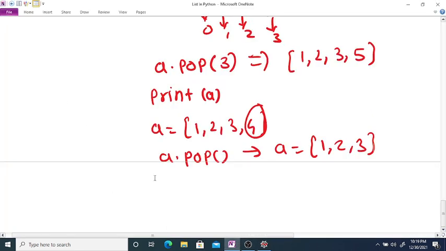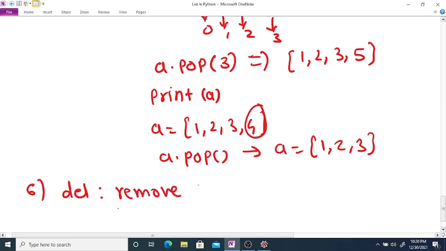Next, there is one more keyword to remove elements from a list, that is del. The del keyword deletes any variable or values from a list. You can remove any element from a list using its position.